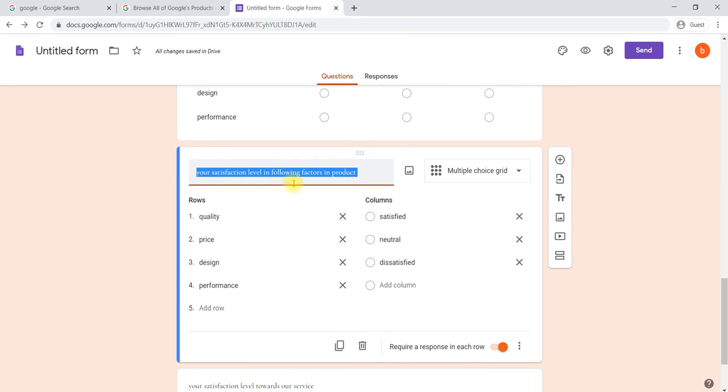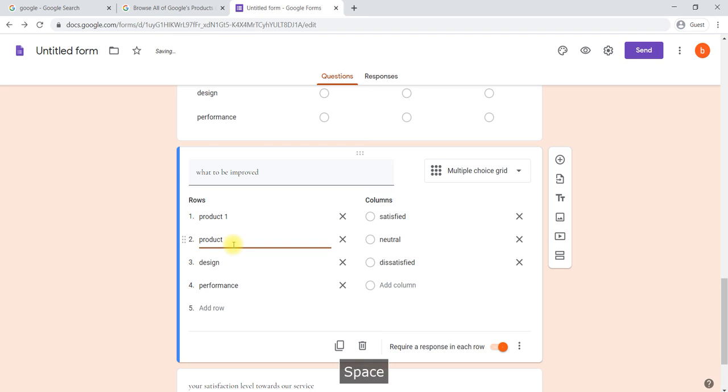Here we'll change the question: what to be improved. We'll select here product 1, and second is product 2.